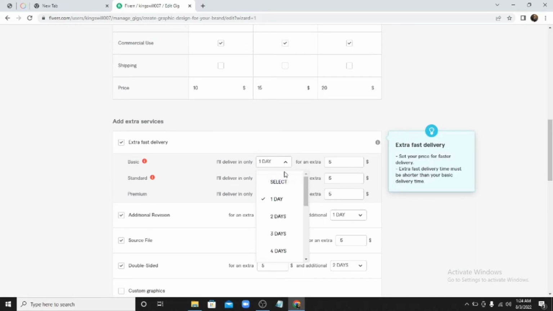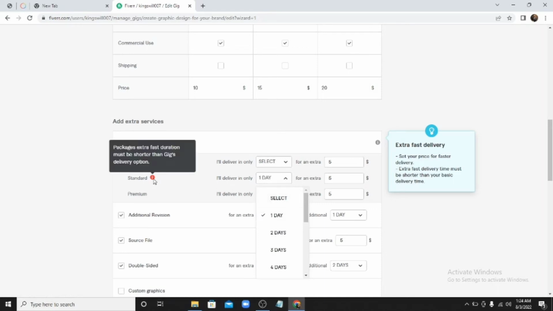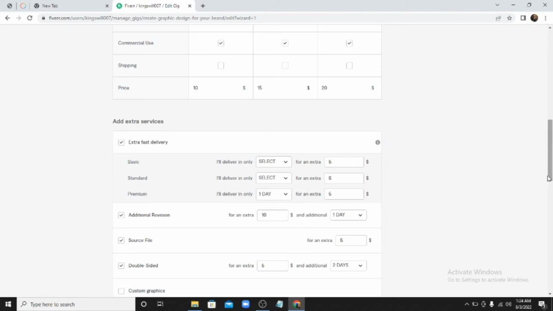Now the reason this is like this is basically because the job is already set to be delivered in one day, so you cannot see an extra charge still in the same day, so the day has to be shorter. Okay, so that's basically why you're seeing these notification icons here. But once we've done that, you can then click save and continue,